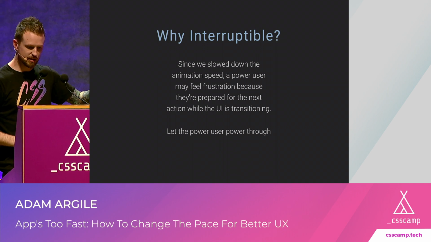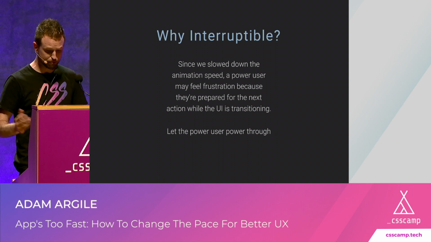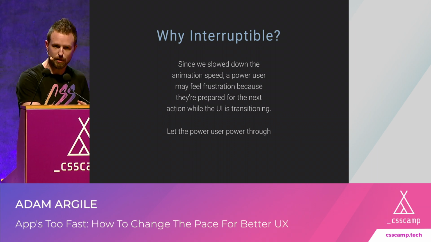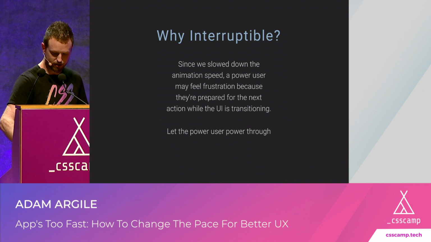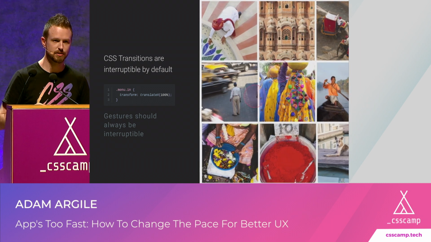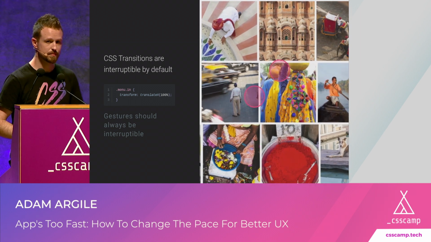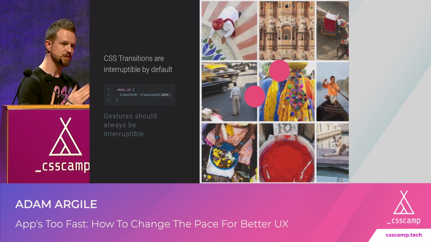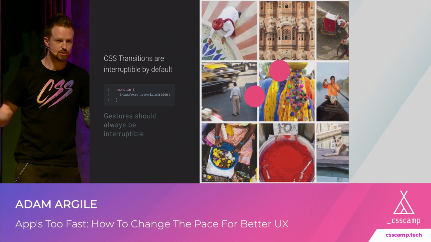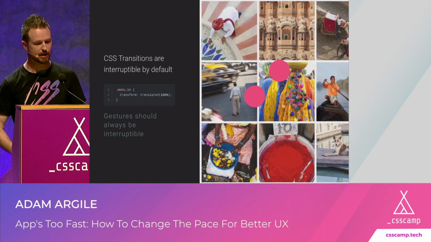So anyway, I don't think that's very viable to build these multi-layered experiences in your application, but I think it's really important that the animations are interruptible. Whether you turn them off at the operating system, whether they're gestures that are literally interruptible, or if you're using CSS transitions, because those are interruptible by default. You can set a new position on something that's transitioning over here to over here, and it'll go, okay. The transition code doesn't know, it doesn't care. It interpolates from one to the next over the duration that you supplied.